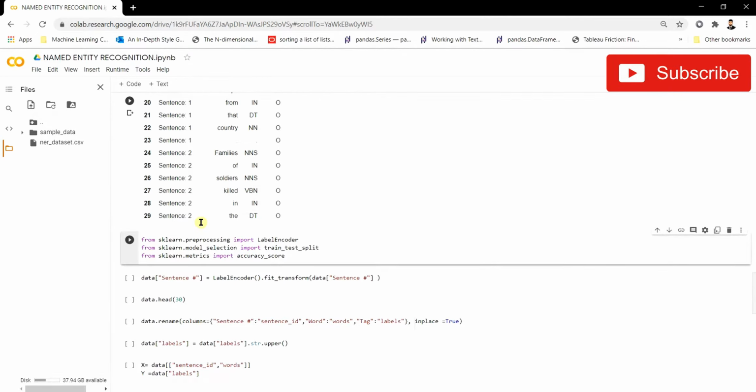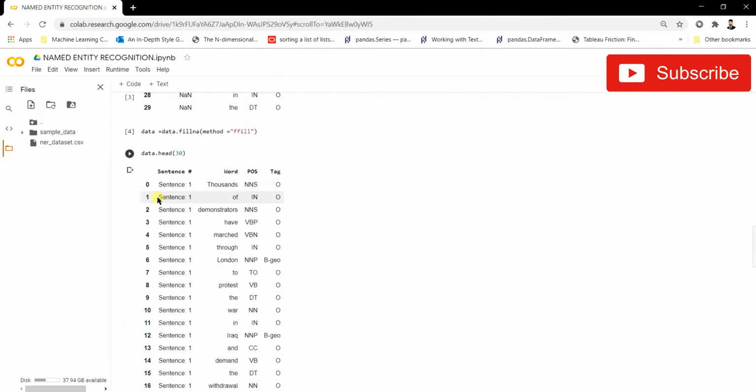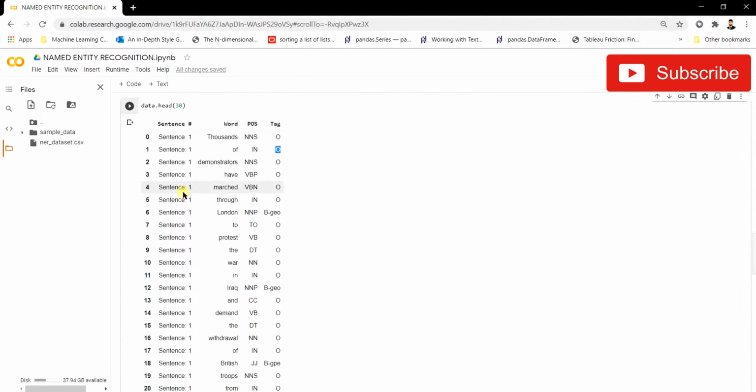So now you can see that we have filled all the NaN values with its respective sentence. What it says is this is sentence 1 and this is the first word of sentence 1, and it has this tag. Similarly, this is sentence 1 and it is the second word of this sentence and its respective tag. So this is how the data structure should be organized, and this is how you should proceed before